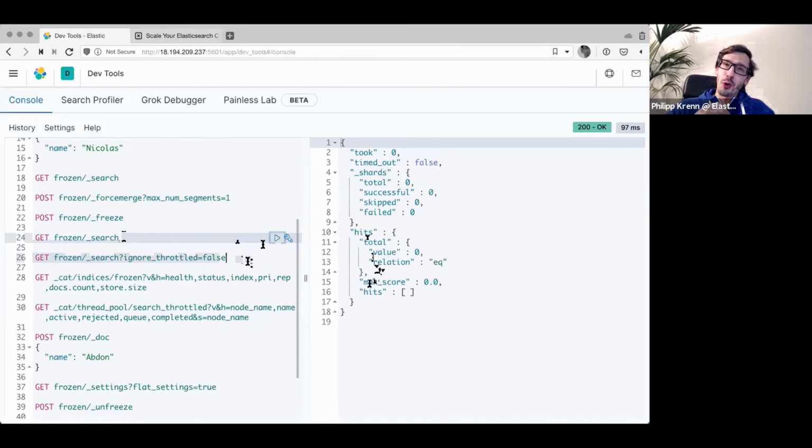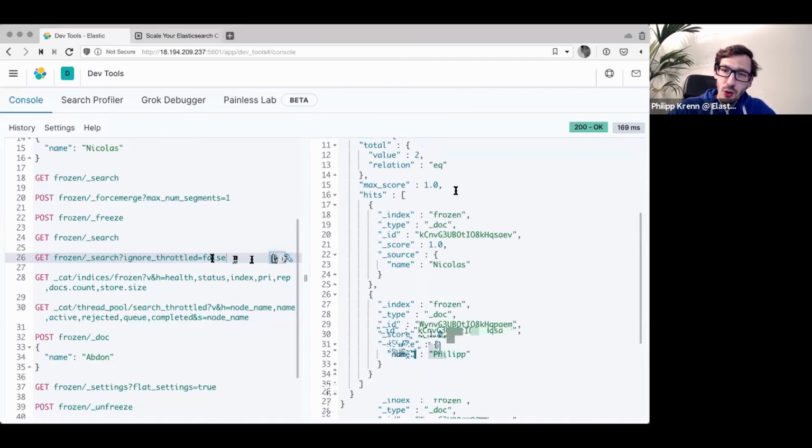But this is for your protection, because it's potentially expensive to search a frozen index. You need to pass a specific parameter, at least in version 7, ignore_throttled=false. So you want to ignore this throttle thing. Then when you add this parameter, it will actually search your index and you're getting your 2 documents back again. Only if you ignore that setting will your frozen indices